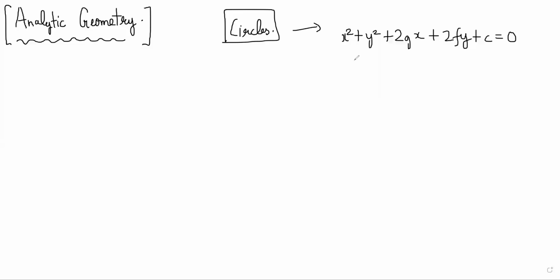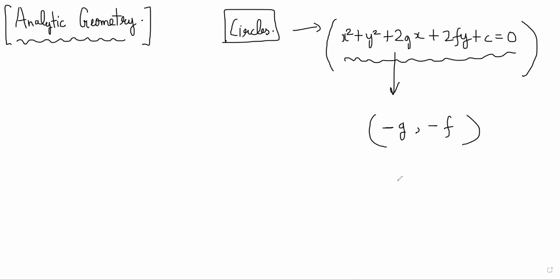About how to draw tangents to a circle and all those things? No, right? No. So we just basically started circles and we saw what the center and radius of this circle are, right? Yeah. Minus g comma minus f is the center, and the radius is basically